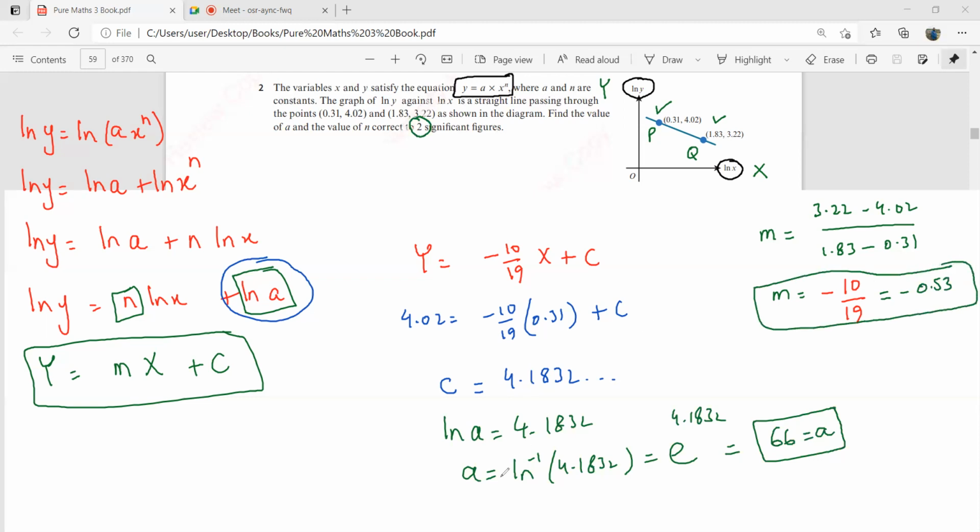Okay, so I want you people to look at this, how we have used these 2 points, how we converted this non-linear equation into a linear equation, and we assume that this n is the gradient and this ln A is C. First, we found the values of M and C, and then we got the values of N and ln A. This was the most important thing here. The C was basically representing ln A. So we found C using this linear equation, and then we substituted this with ln A. Okay? Let's move to the next question from here now.